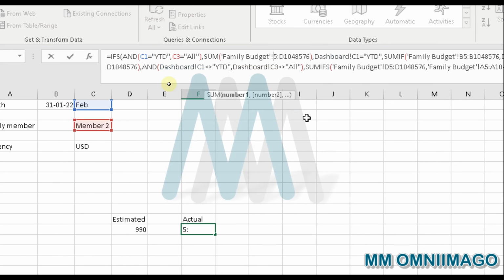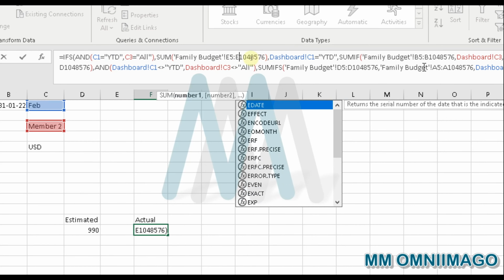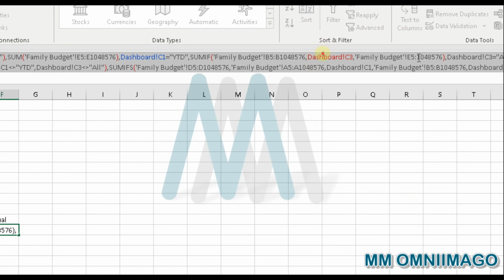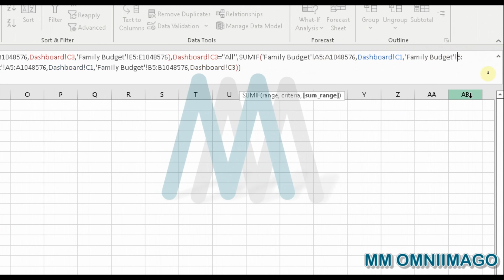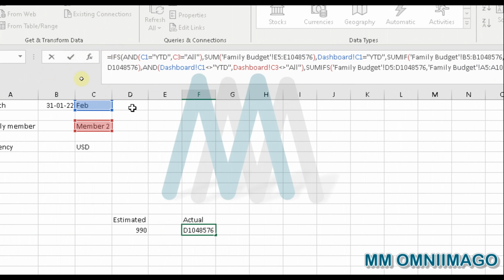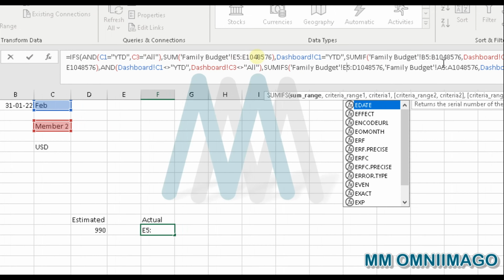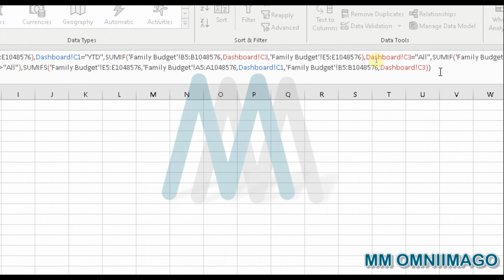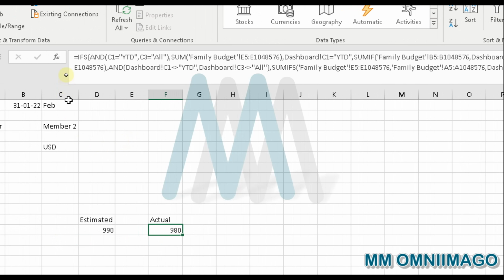here E5 to E1,048. Then go here again. We are changing D with E. With E. Then where we had D, we are going to place E. Again, E. And here the same, from D, E. And here E. And press enter. Now what we have here is the actual for member number 2 in February,